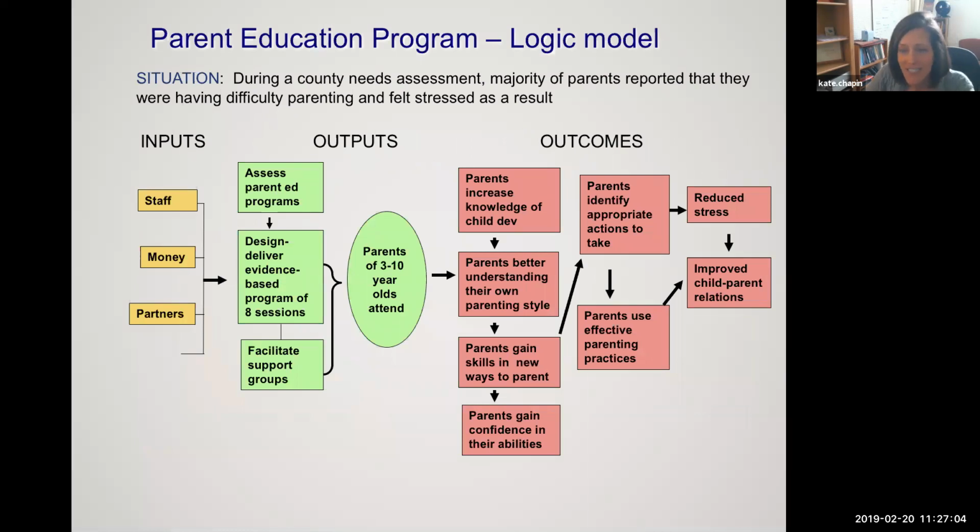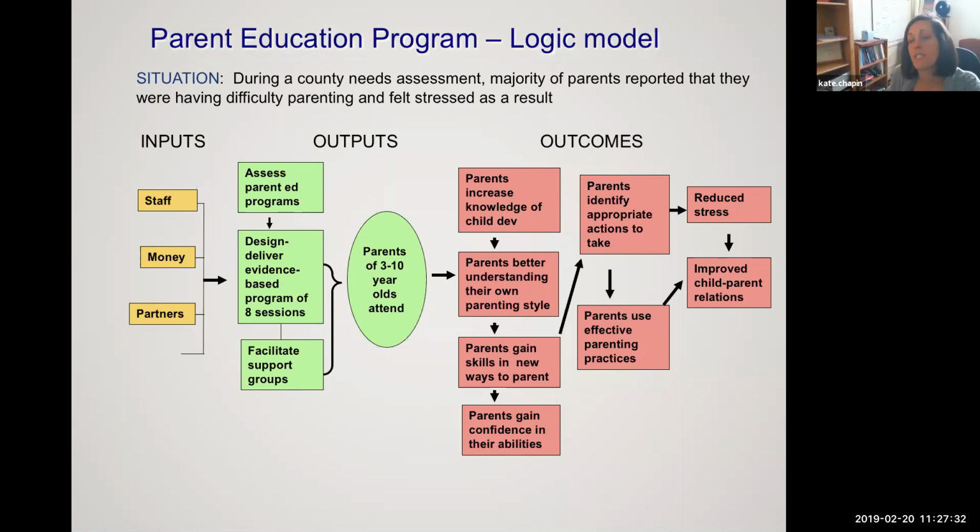So the inputs, or resources, are the things considered essential for a program's activity to occur, right? In order for us to put a parent education program together, we need staff, we need money to pay the staff, and we need partners, because we're bringing in partners to help us with some of the educational content.